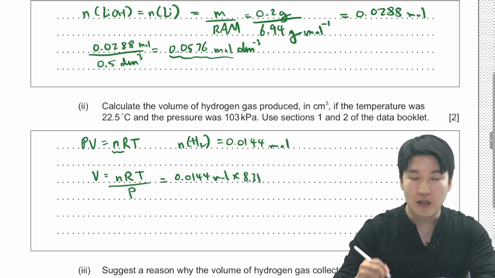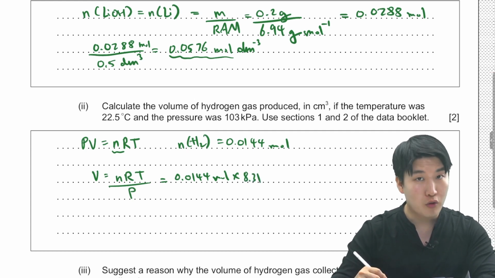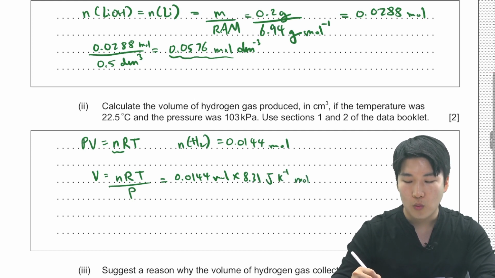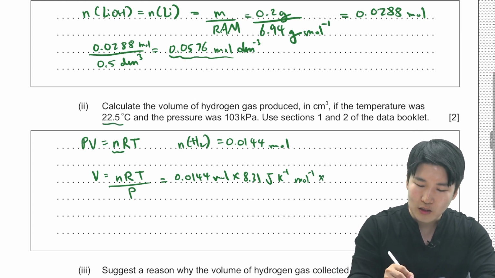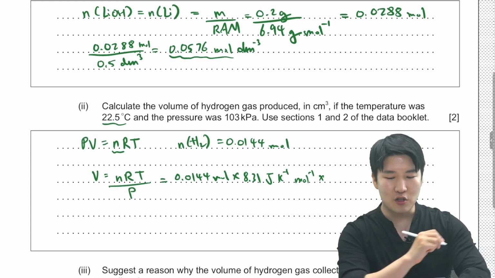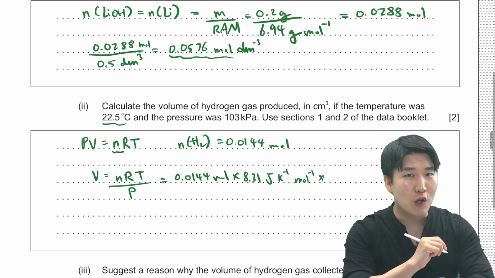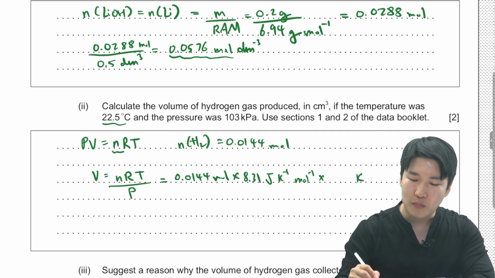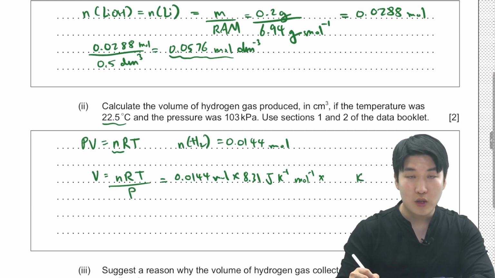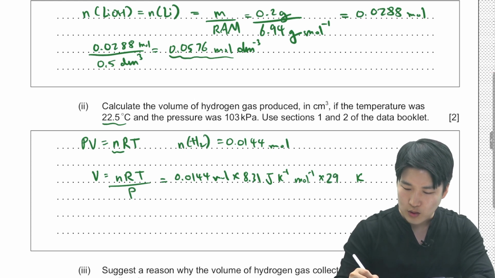Look up on your data booklet, 8.31 joules per Kelvin per mole is the answer, times temperature. We are given 22.5 degrees Celsius. Do you put that value in? No, you don't. You have to convert that value to Kelvin, which would then be 273 plus 22.5, which would be 295.5